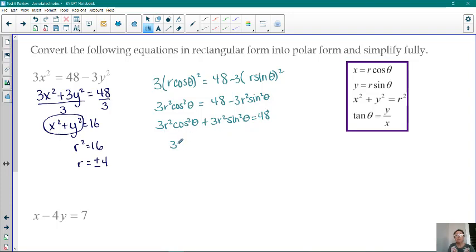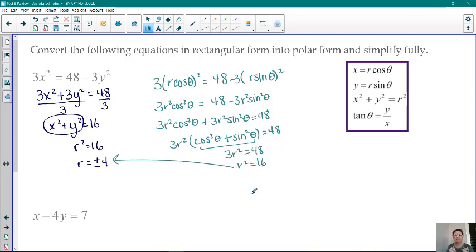Now it would be most beneficial to recognize that 3r squared is a common factor. We bring that out to the front and we see our Pythagorean identity here. Cosine squared theta plus sine squared theta is 1. So we say 3r squared is equal to 48, which means r squared is equal to 16,